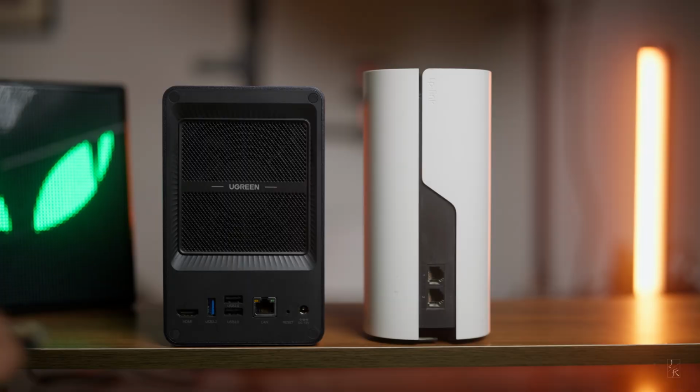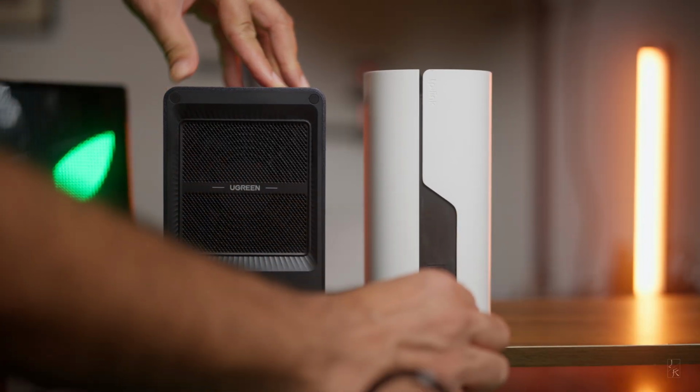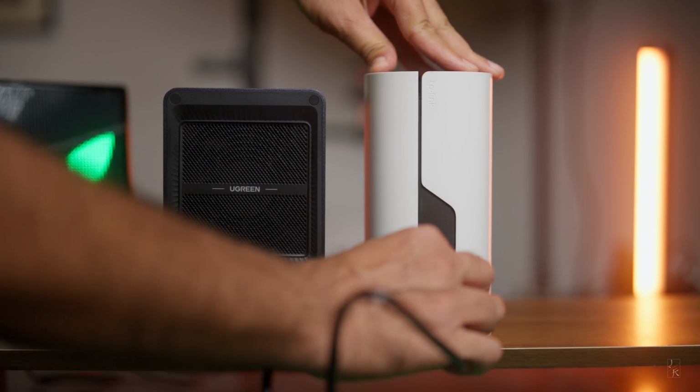So as we have installed both the drives and it's ready to set up, right? To set it up, we have to connect it with our Wi-Fi router. In my case, I use Deco. It has a 1 gigabit port, which I think is enough for me actually. So I'm going to connect it with that, and then later on we can set it up through our Mac